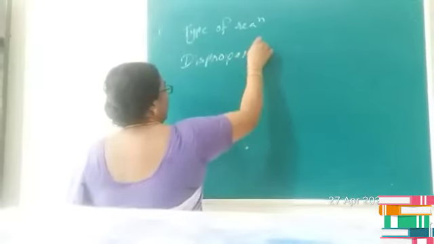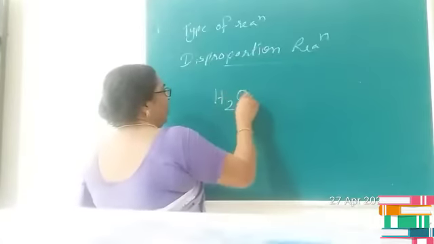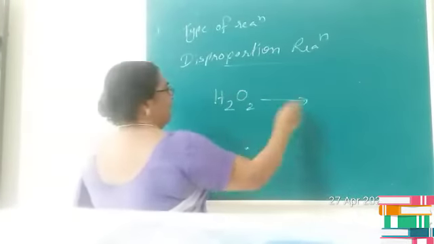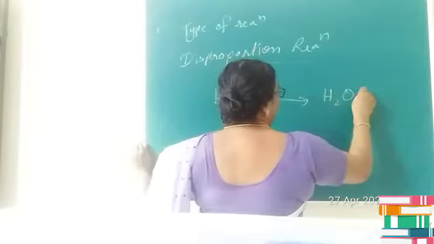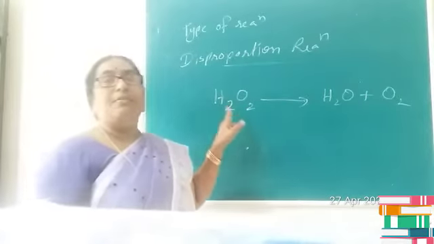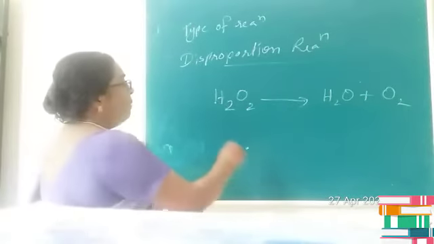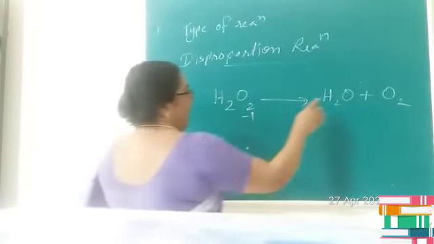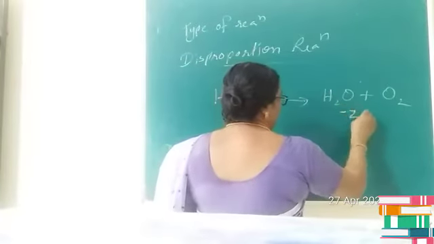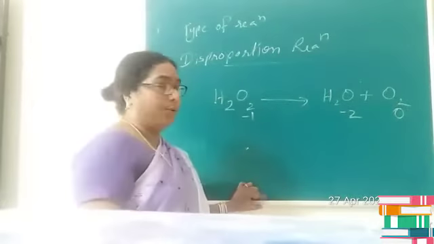Now the last type of reaction, let us study a new type of reaction which is termed as disproportionation reaction. First let me explain the reaction with an example. You can see hydrogen peroxide decomposes and produces water and oxygen. We have seen yesterday, when we studied the properties, that in peroxide the oxidation number of oxygen is -1. In water oxygen shows the oxidation state of -2 and in the elemental form it is 0.